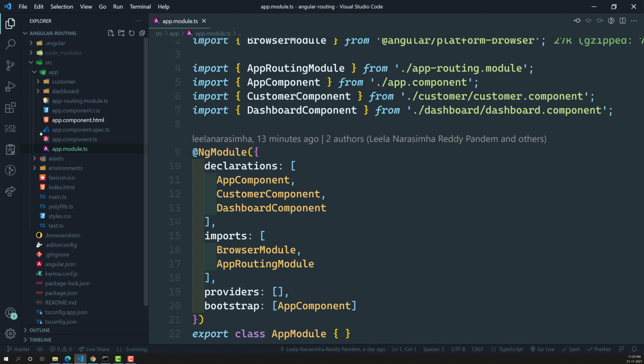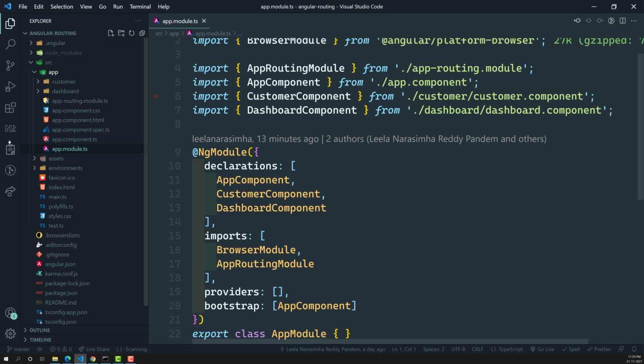Instead of having it like this, let's create a module, something like an admin module. In that admin module, let's create the routing and also the components, so that if you type admin/users it should open the users component, and admin/reports means the reports component. Let's try to see it.